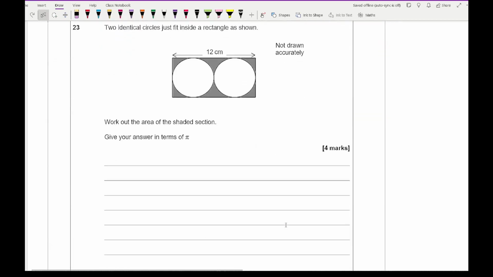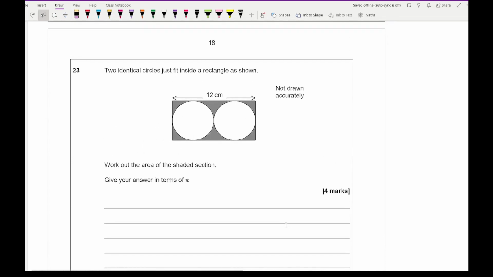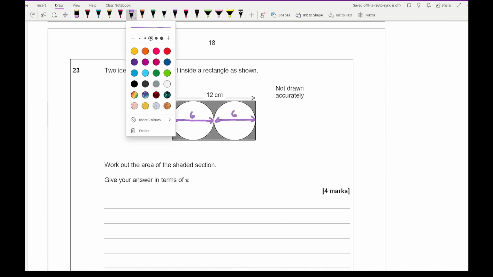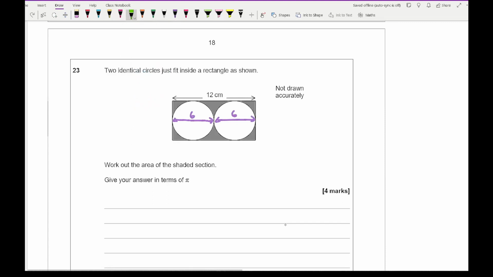Moving on to question 23, it says 2 identical circles fit inside a rectangle as shown. Work out the area of the shaded area. Well, looking at this, if 2 circles fit inside a length of 12, then that means one circle is going to have a diameter of 6, which means a radius of 3. Now the shaded area